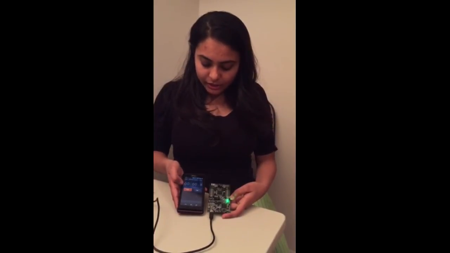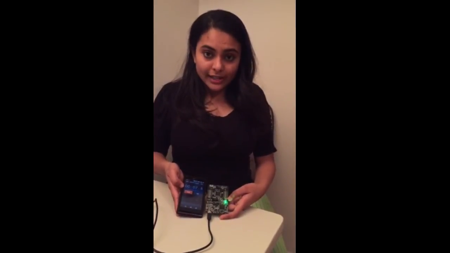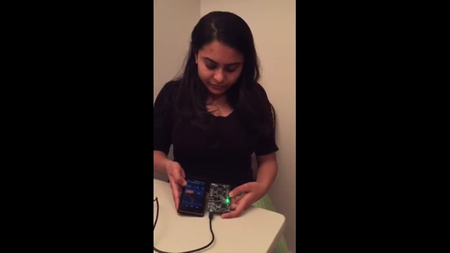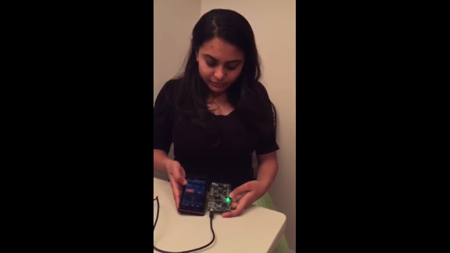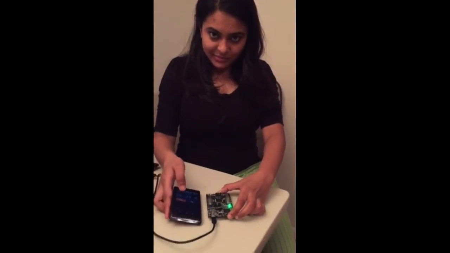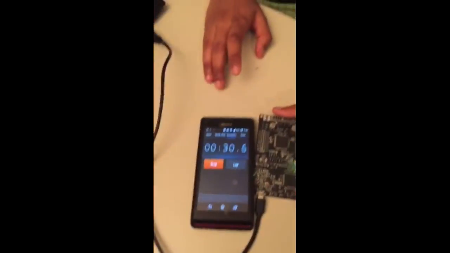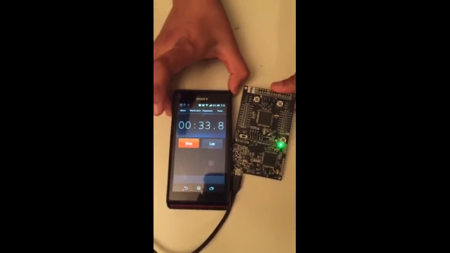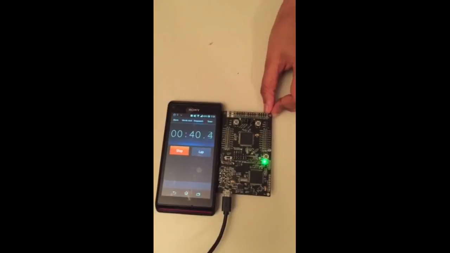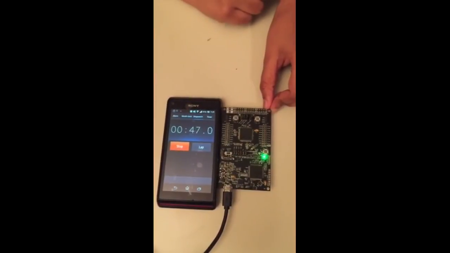I will use this timer to validate that the flash is being reprogrammed once every minute and also to validate that the LEDs are staying on for 1 second. So it came up around the 44th second.